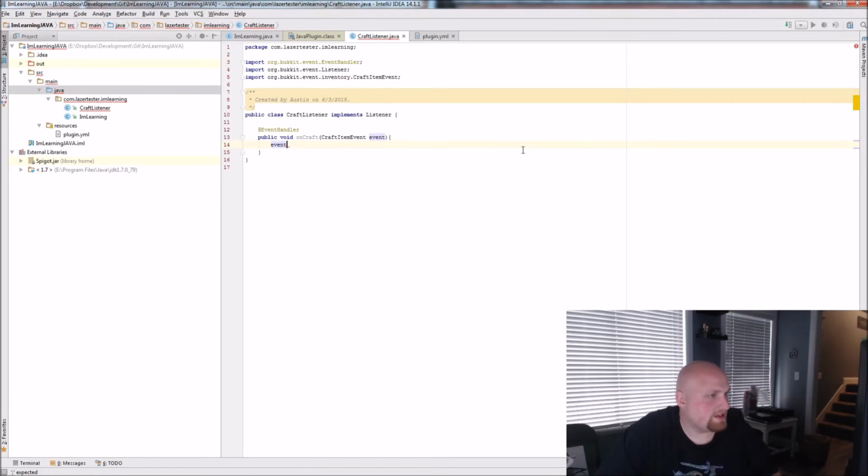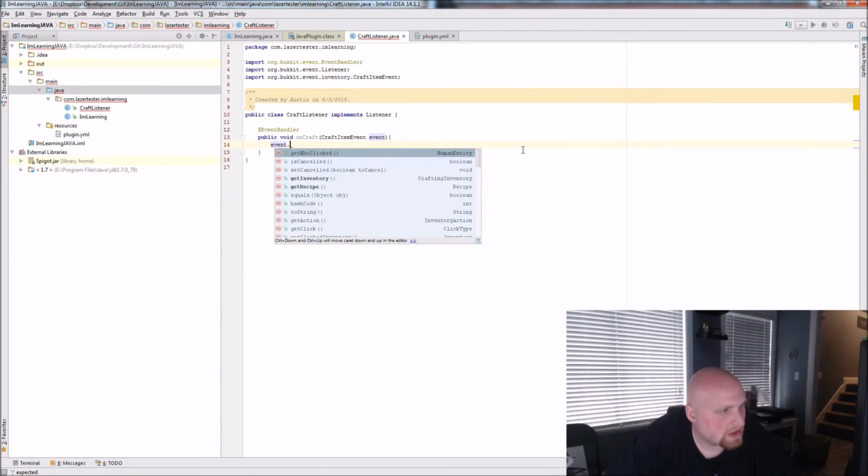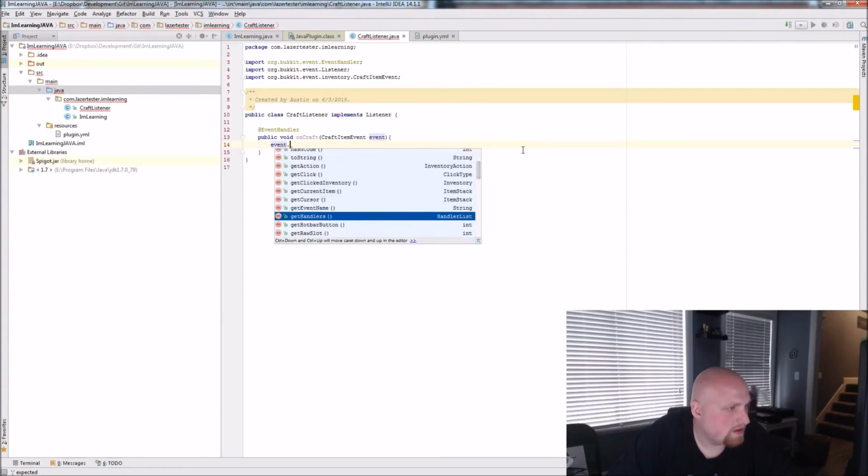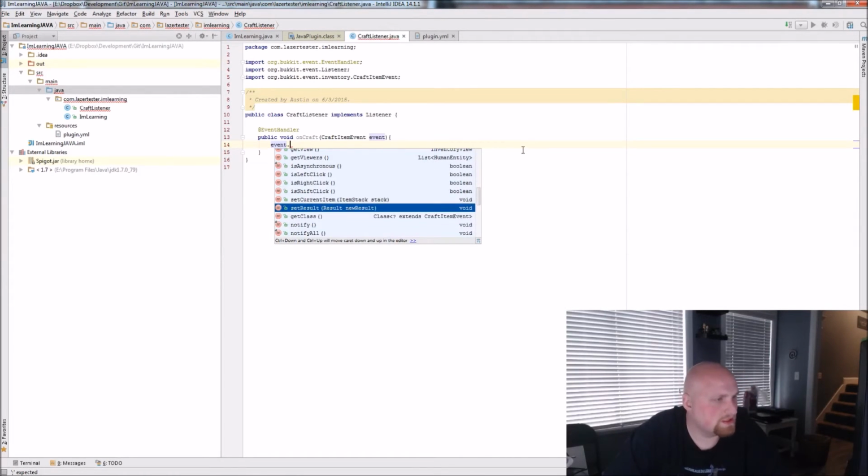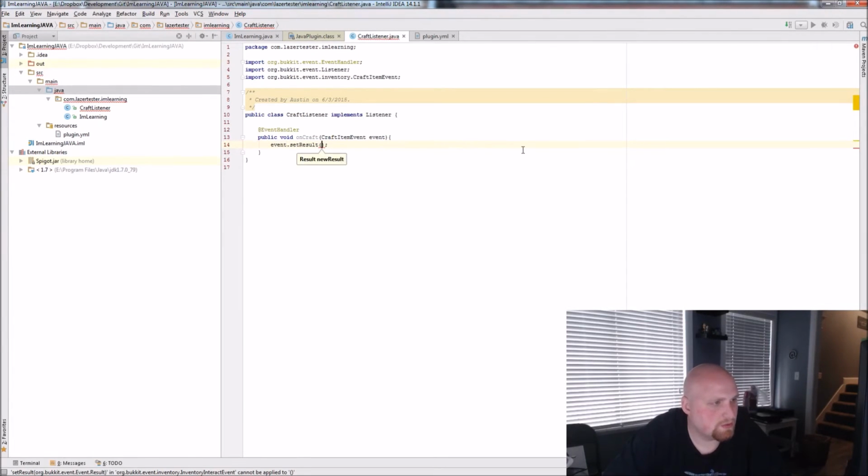So event dot getWhoClicked, isCancelled, setCancelled, getInventory, getRecipe, etc. You can get view, get viewers. Wow, there's a lot of really cool stuff. But what I want to use is setResult, because that's pretty cool. So then I could go event.setResult